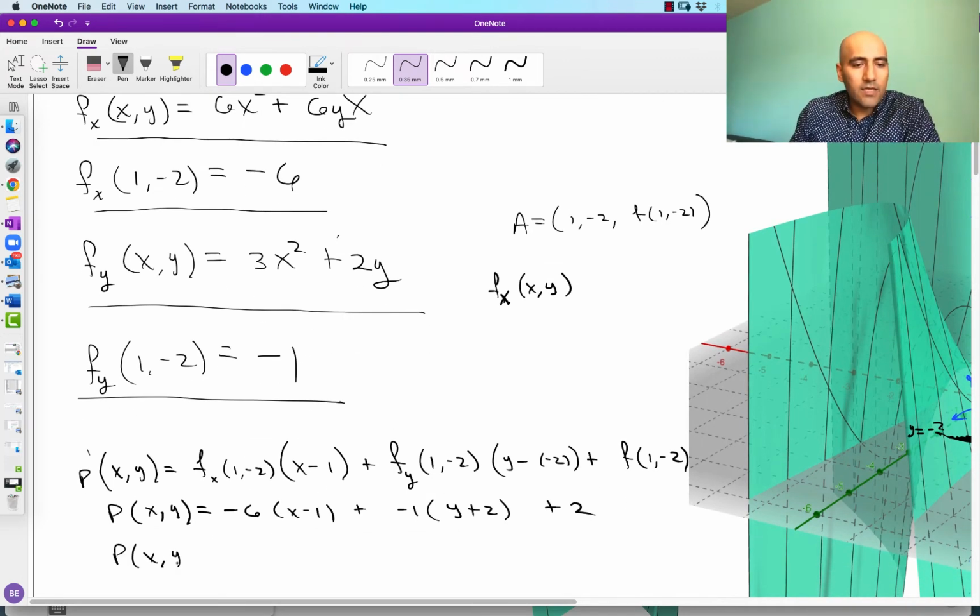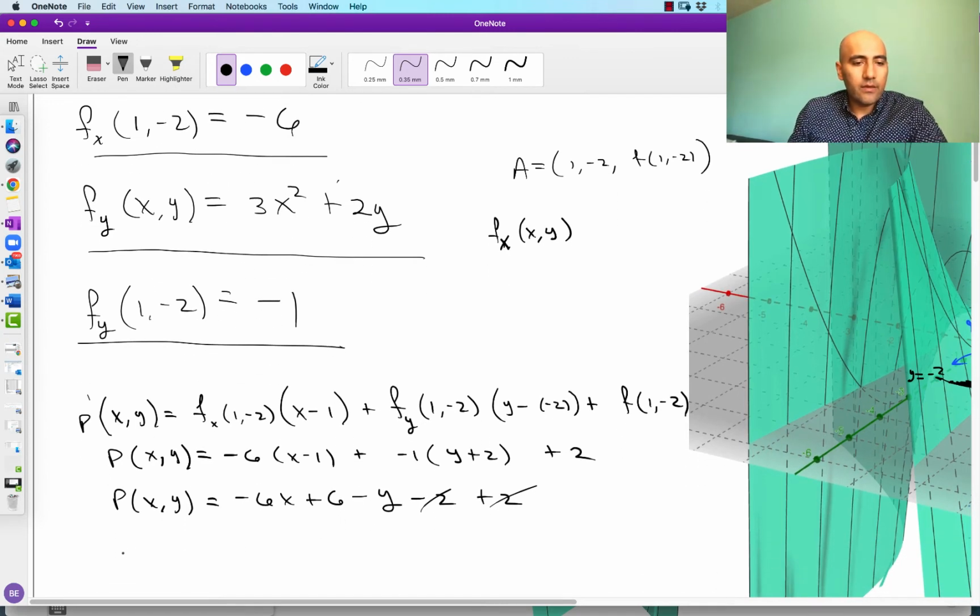Plane sub x comma y equals -6x plus 6 minus y minus 2 plus 2. Those are going to cancel, easy. And so we'll end up with the plane being x comma y equals -6x minus y